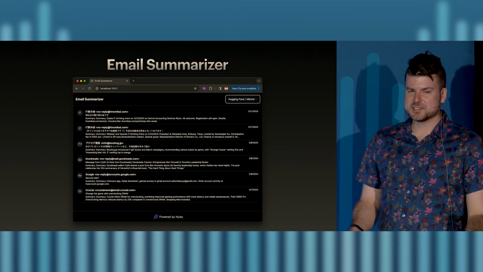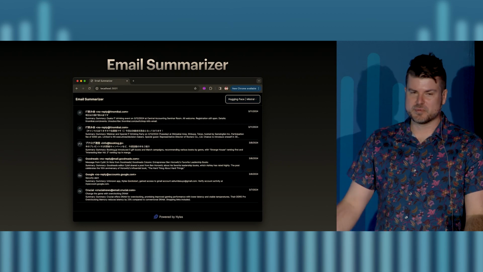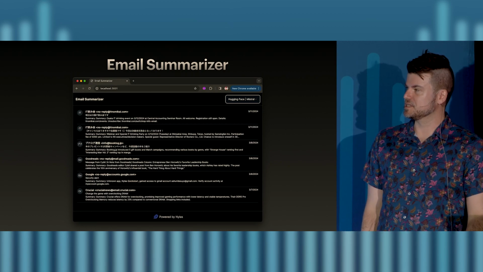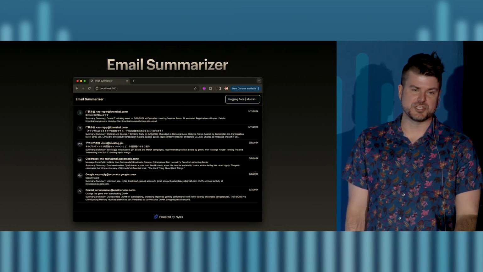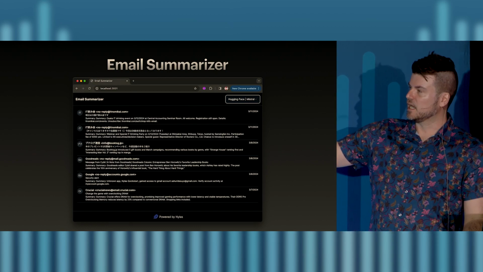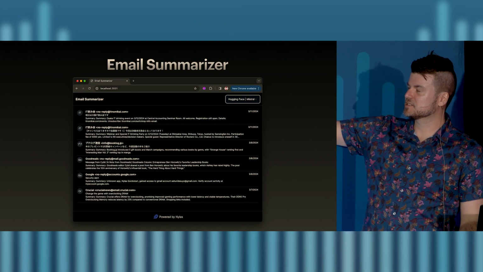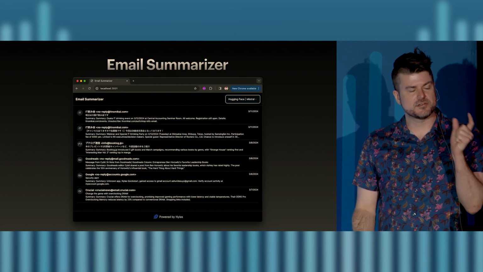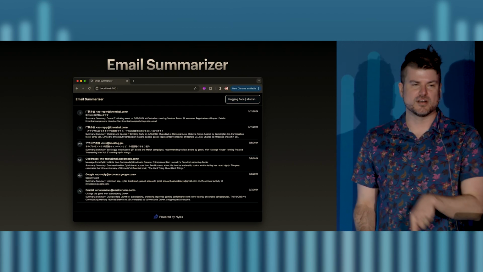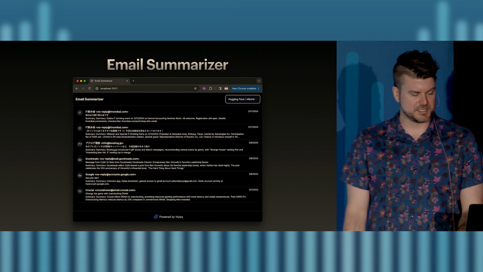The end result will be this. The UI is not the point. The words on the page are not the point. But what you can see is I'm pulling in all my emails from Gmail using Nylas, and then you see an email inbox type layout, and under that is a summary of what's in that message. And it's translating into English when the original email might not have been in English.